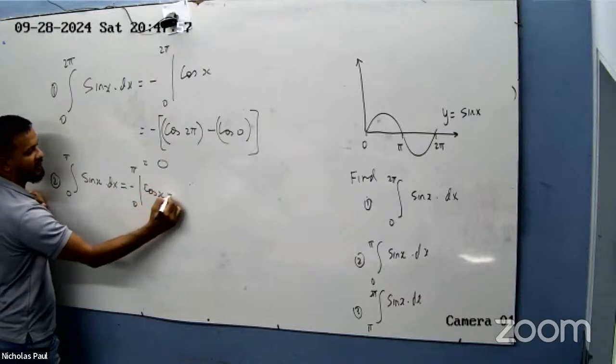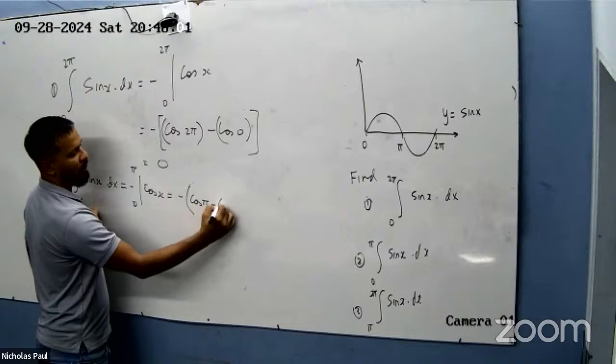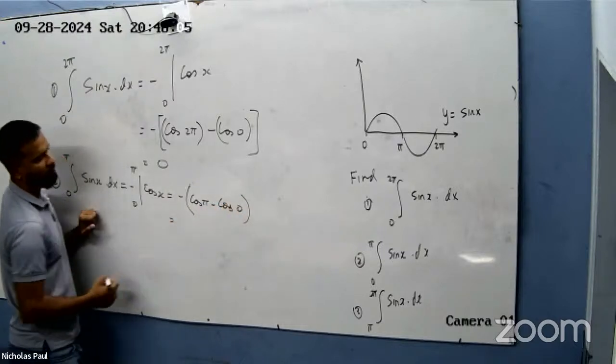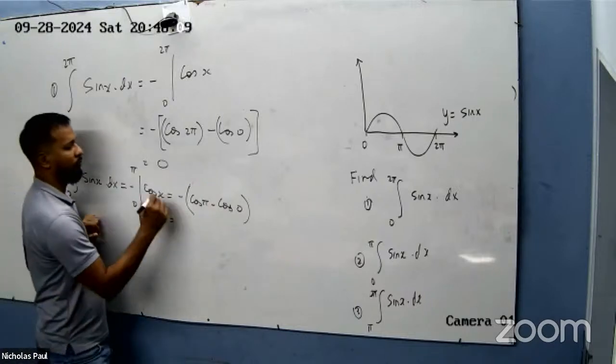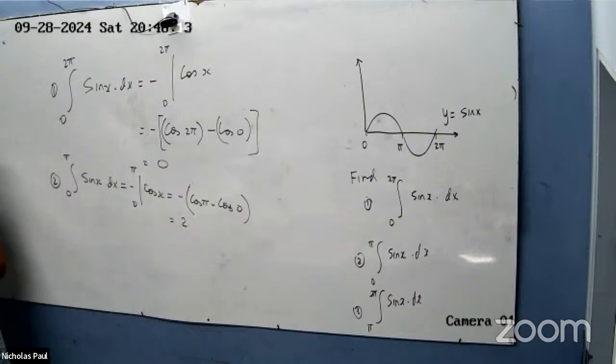And you plug in cos pi and you plug in cos 0. You okay with this? Nathan, are you okay with this? Yeah. And the last one,